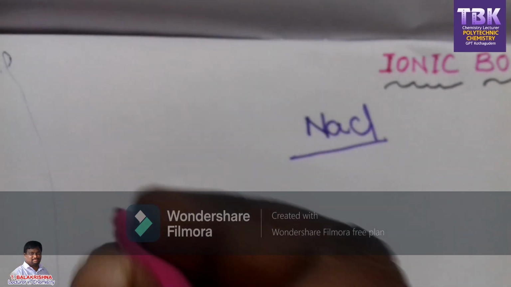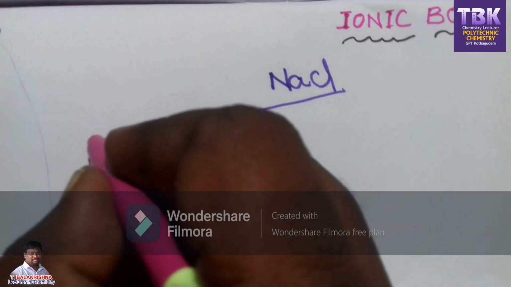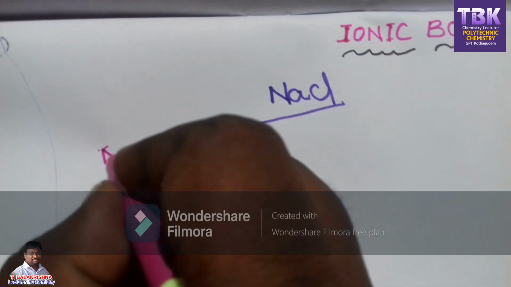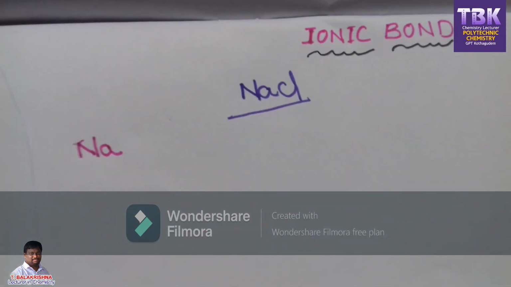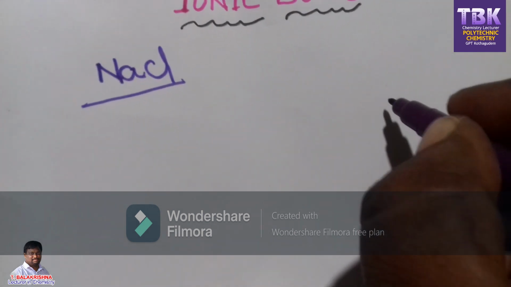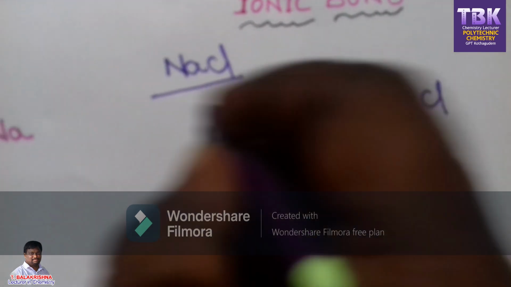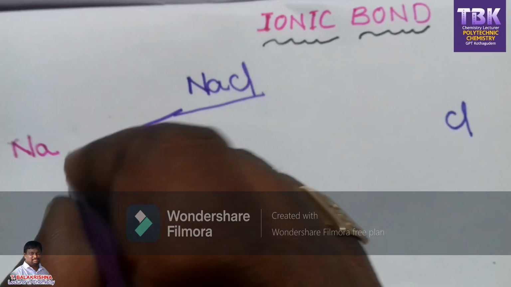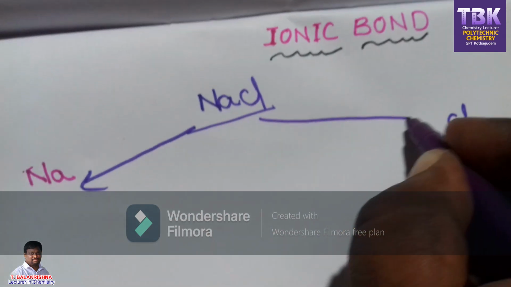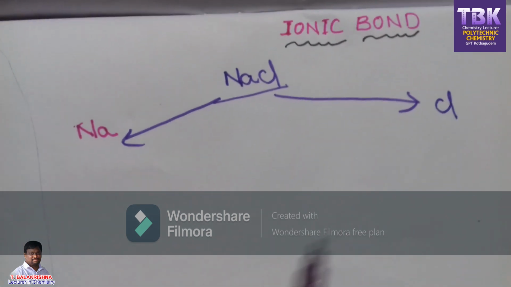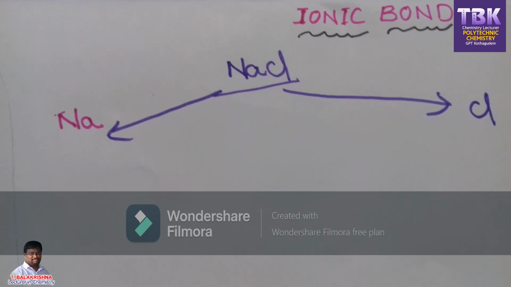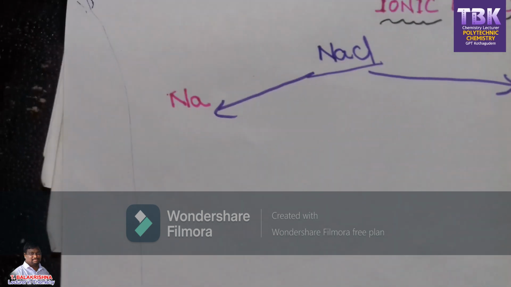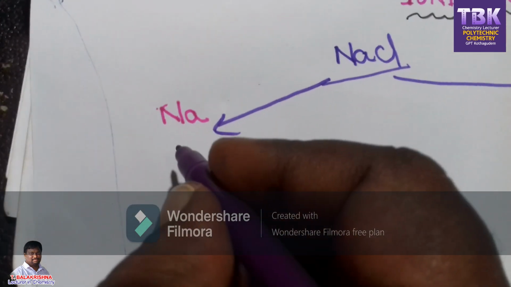This sodium chloride molecule has two atoms, one is a sodium atom and another is a chlorine atom. They combine to form one molecule, sodium chloride. Why are they participating in bond formation? Before discussing this bond formation, first write